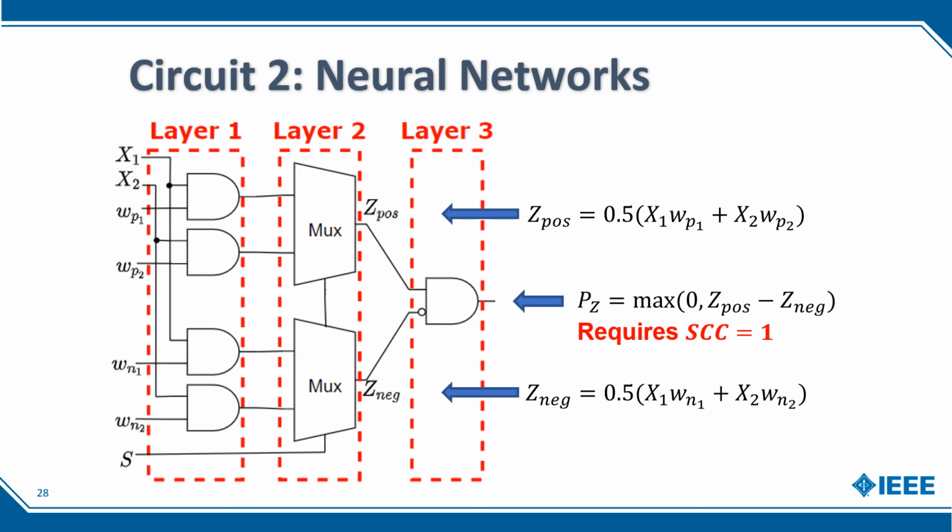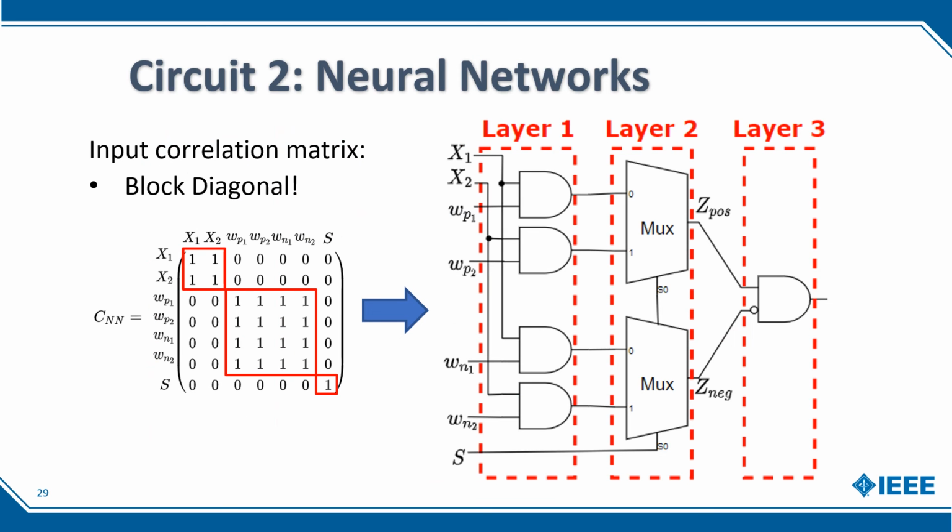By again designing layer 3 to expect inputs correlated with SEC equals 1, the AND gate with one inverted input computes exactly the ReLU of Z positive minus Z negative, allowing us to exploit this correlation property to reduce the area. Circuit 2 is also slightly more complex than Circuit 1 in that the input correlation matrix should be block diagonal. To maintain as much correlation between Z positive and Z negative as possible, the group of data inputs should